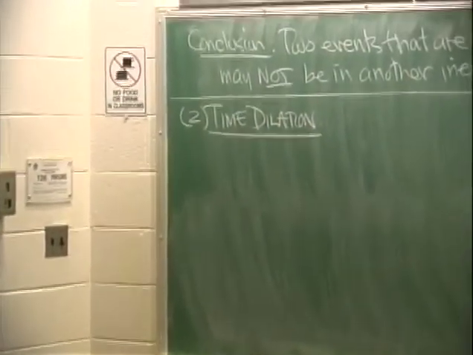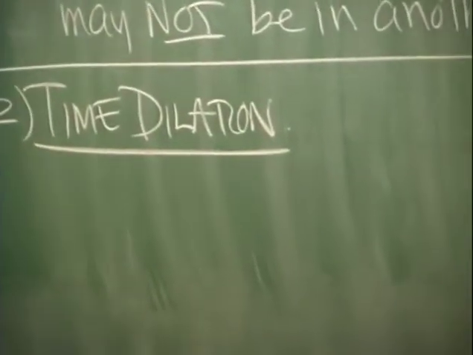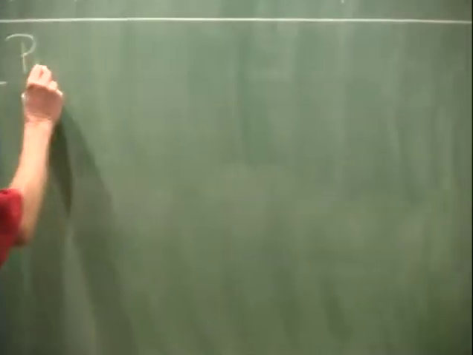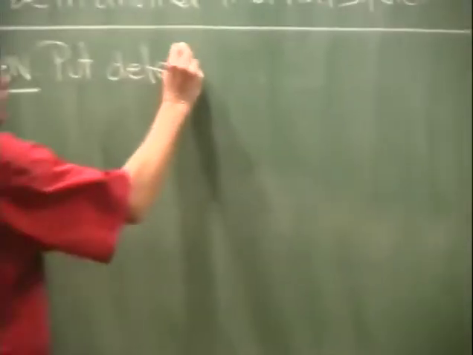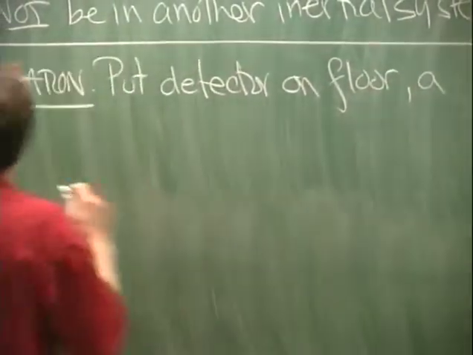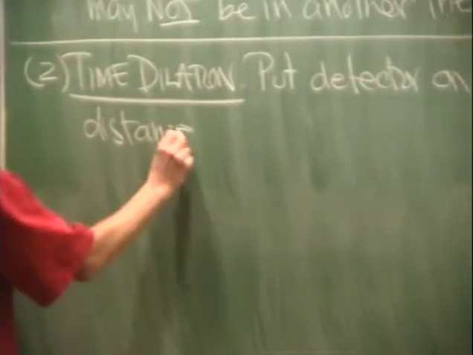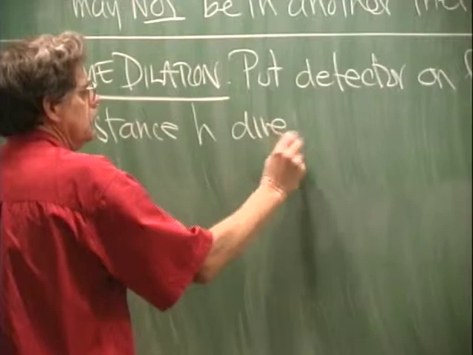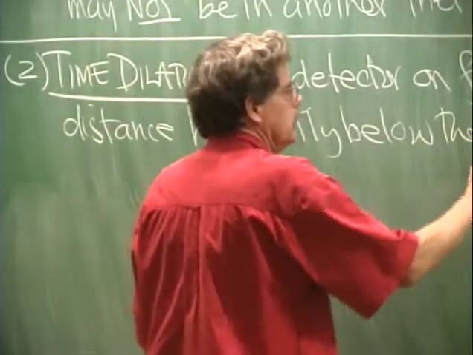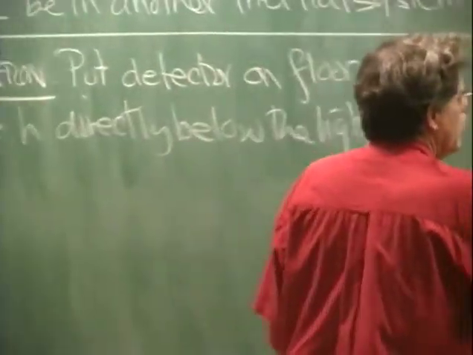Item 2, time diagram. Another of Einstein's little parables. This time I'm going to use the same equipment, but I stick a detector on the floor directly below the light bulb, at a distance h. So here's the picture,